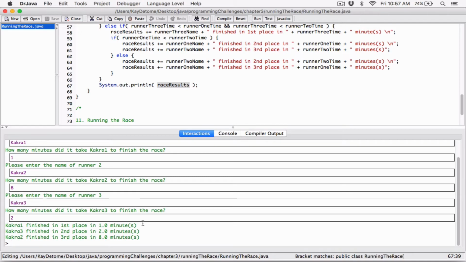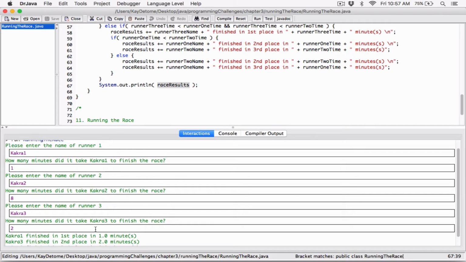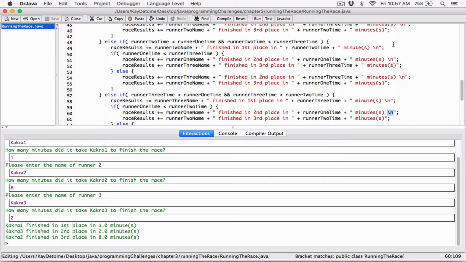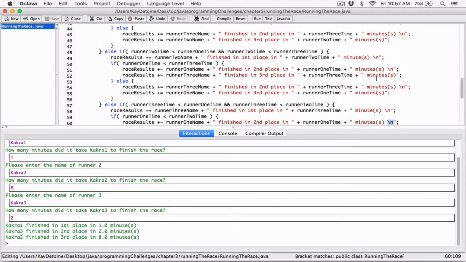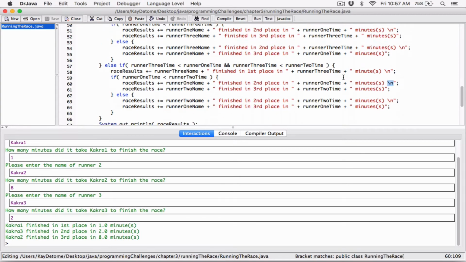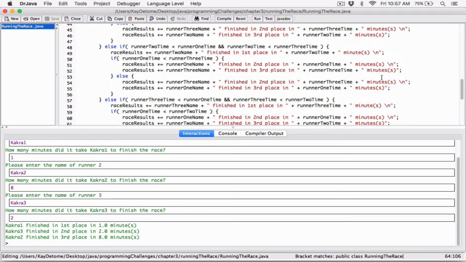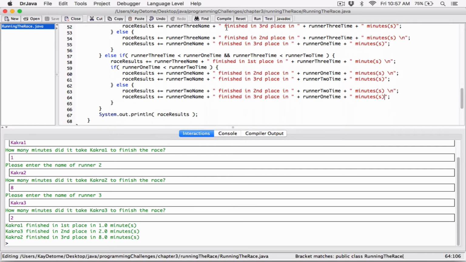Okay, so the order was supposed to be Kakra 1, Kakra 3, and Kakra 2. And see, it says Kakra 1 finished in first place in 1 minute. Kakra 3 finished in second place in 2 minutes. And Kakra 2 finished in third place in 8 minutes. See, this line break is what's breaking each line. So when you read, the last line in each of these cases doesn't have a line break, but the first and second have a line break. So it works. We can try another